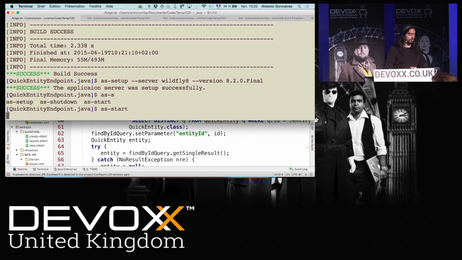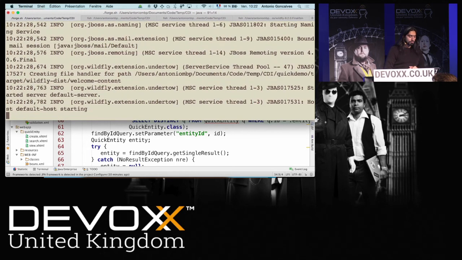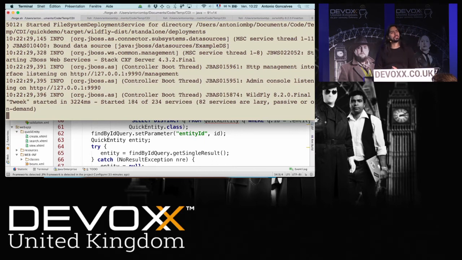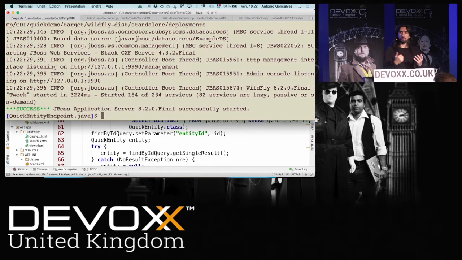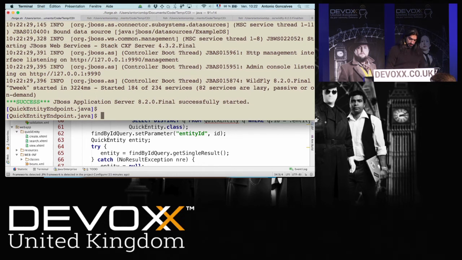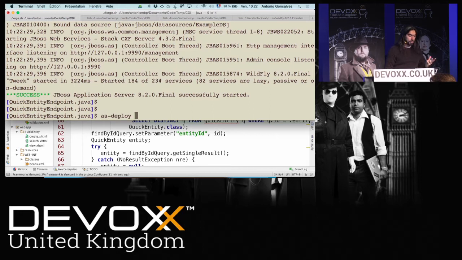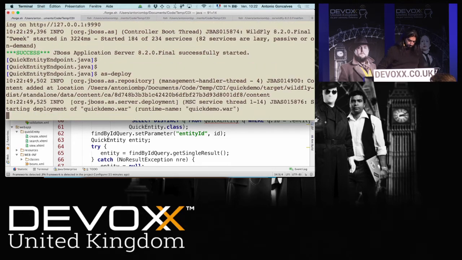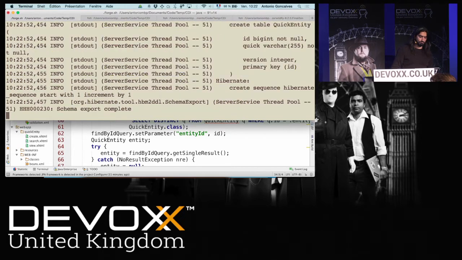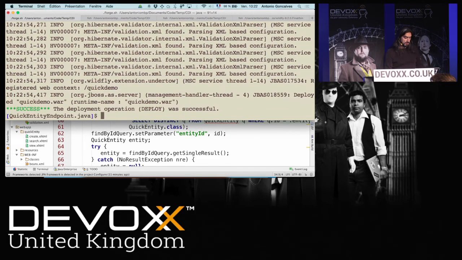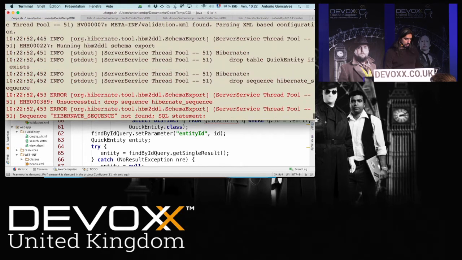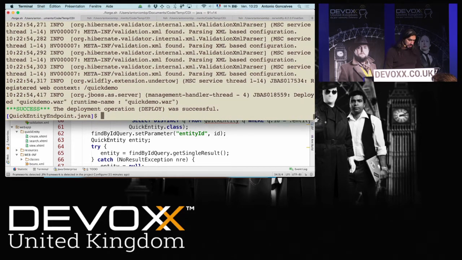Well, let's start Wildfly then. So again, that's good because to start Wildfly, if you don't know it, it's under the bin directory and there's a shell script called something. So here with the add-on, it does it for you. And let's deploy the application. Okay, well, looks like there's things happening. You know, Hibernate and EJBs, and it looks like the deployment was successful.